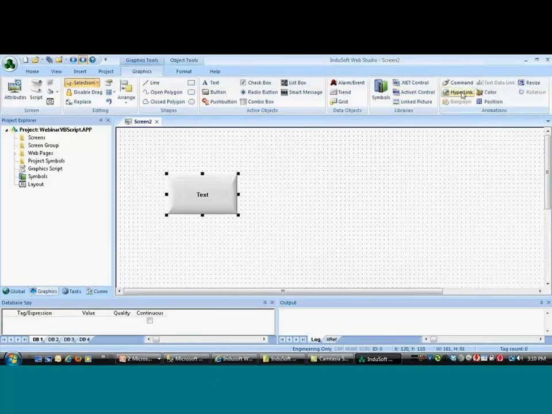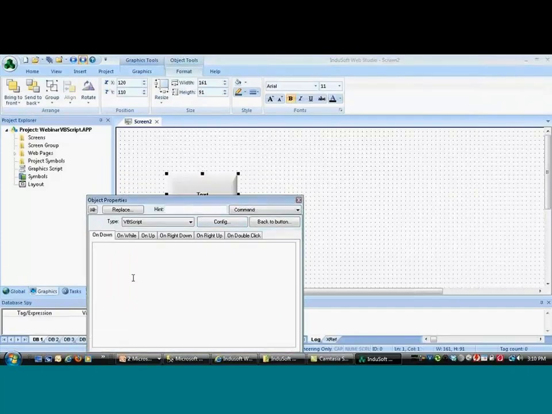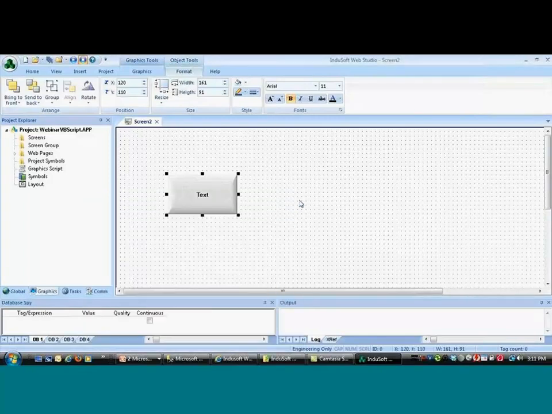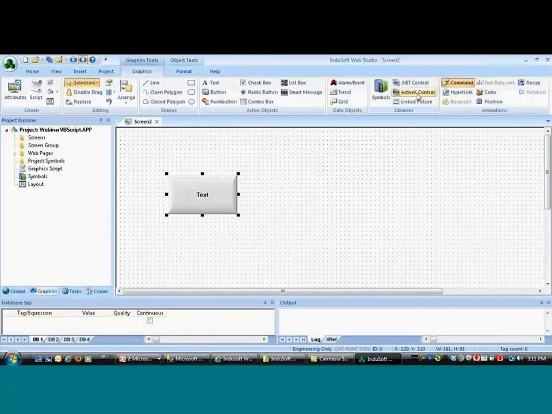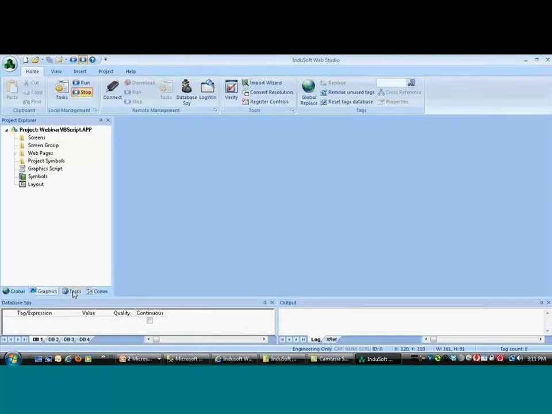When I use the command animation on the object, I can also write scripts using the VBScript language for different events on that object. ActiveX controls and .NET controls can trigger events, and I can write scripts in VBScript language triggered by those events. And finally, here in tasks,